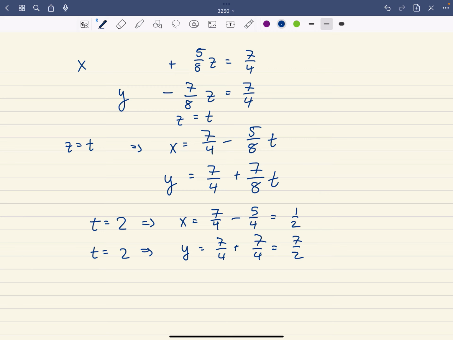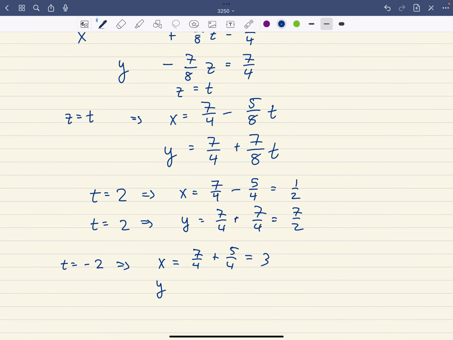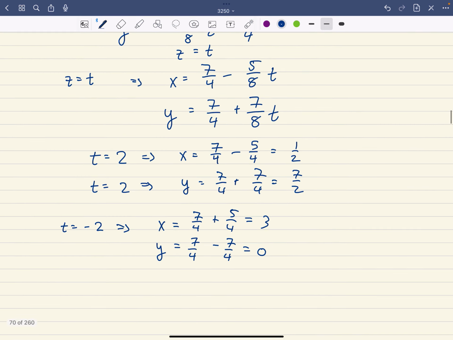So let's try t equals minus 2. That would again give you fourths. And then we're going to end up with x is 7/4 plus 5/4. And that is an integer. That gives you 3. Y would be 7/4, and if t is -2, then that'll be minus 7/4, or 0. That's also an integer. And so it turns out you can take x to be 3, y is 0, z